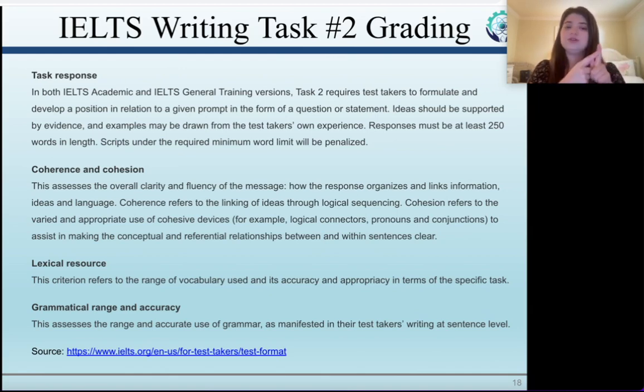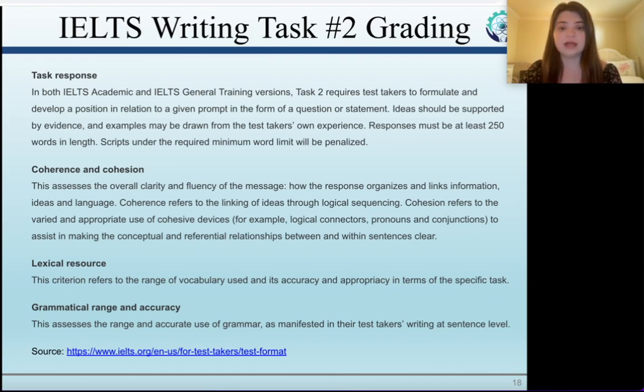Okay, so those are the two things to get the marks for task response. The next thing it says is coherence and cohesion. It says this assesses the overall clarity and fluency of the message, so how the response organizes and links information, ideas, and language. Coherence refers to the linking of ideas through logical sequencing. Cohesion refers to the varied and appropriate use of cohesive devices like logical connectors, pronouns, and conjunctions to assist in